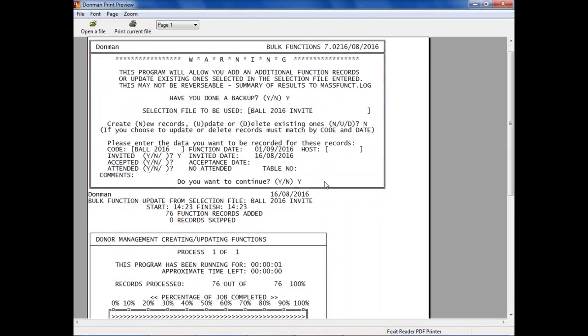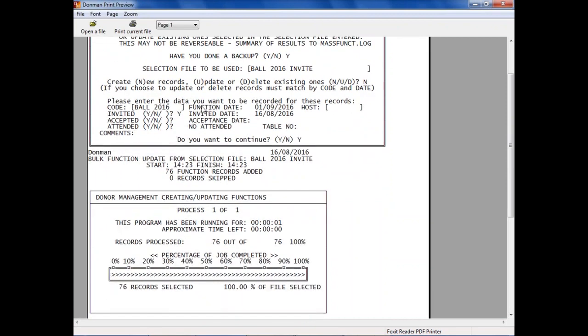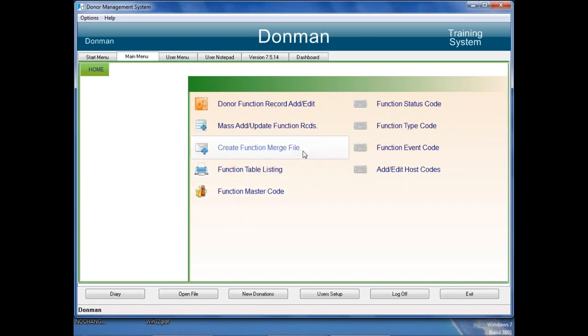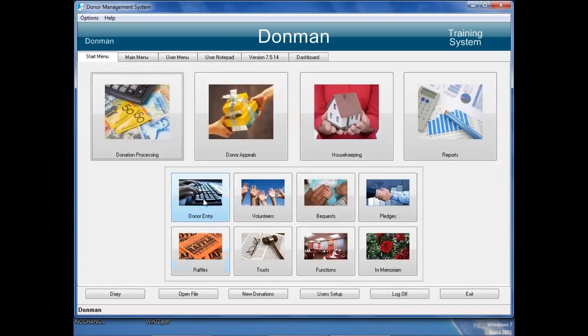Okay, so it basically comes up with a screen showing me everything I said yes and no to on the front screen, how many donors, etc., how many records were selected. So I can close that down. So up to this point, I've done what I need to with this. If I need to go back to a donor's record,